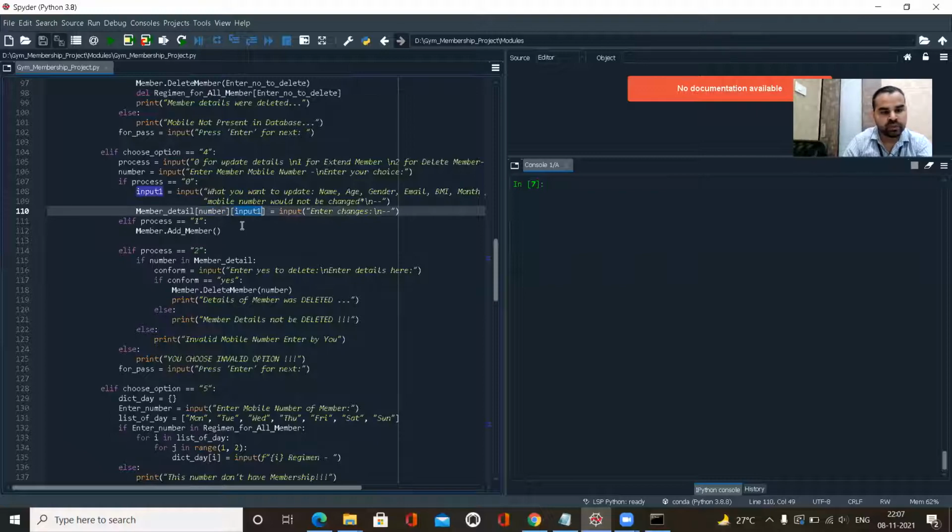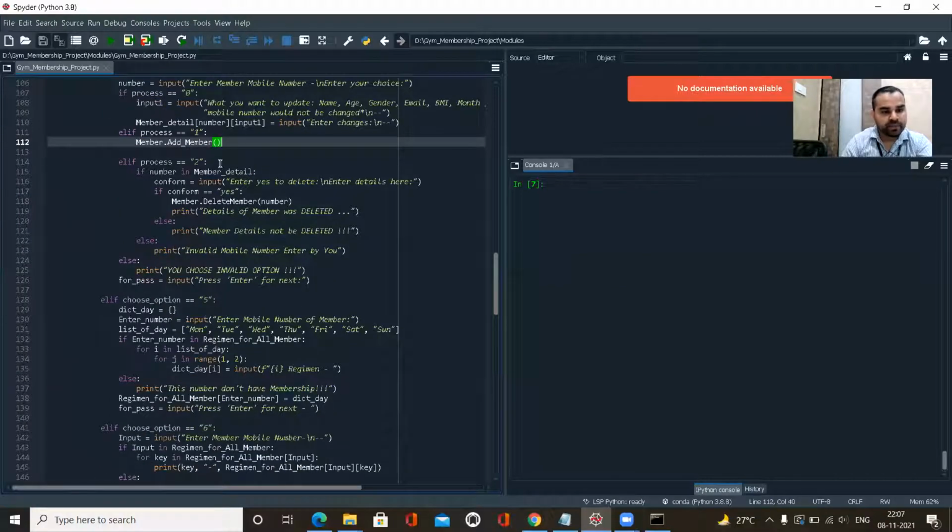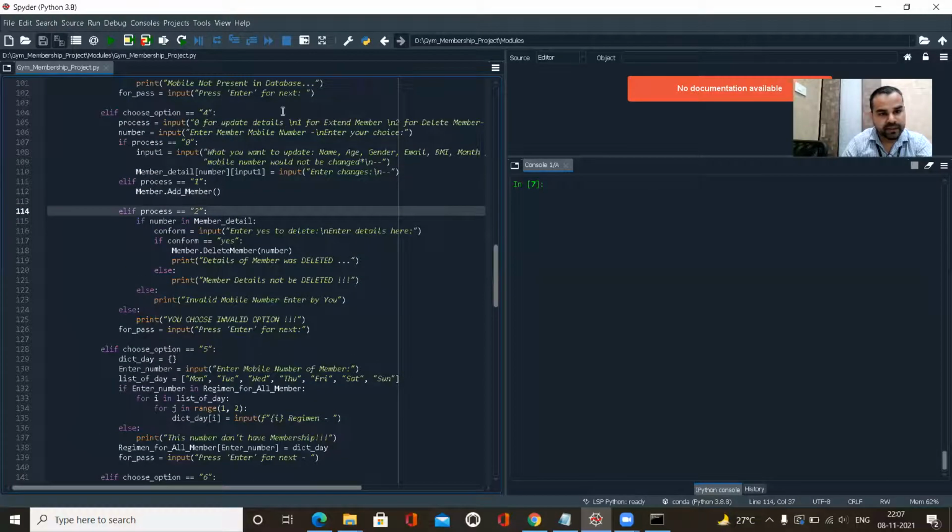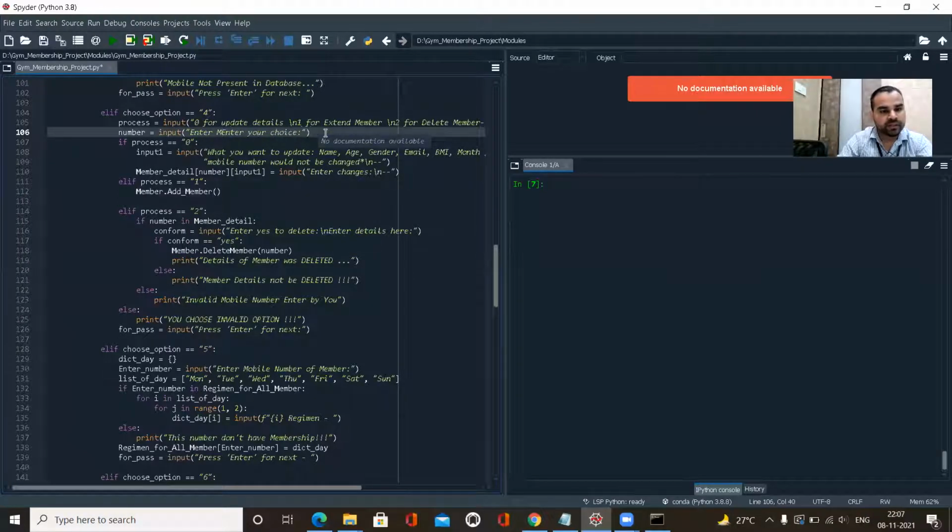So accordingly you can add a member. I have written here 0 for update details, 1 for extend member, 2 for delete a member. It asks you to enter your choice and enter your mobile number. Accordingly you can give your input there, and that input will be implemented.